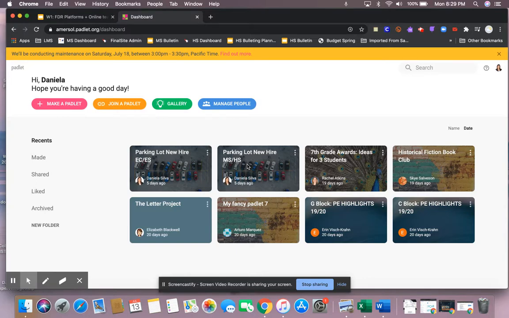One of the things that I'm going to explain to you is what are the different options that you have to make Padlet. Padlet is basically a visual whiteboard and an interactive tool for students to communicate and collaborate online synchronously and asynchronously. So if you look at the top, we have the different buttons here, and normally you will just go to make a Padlet.